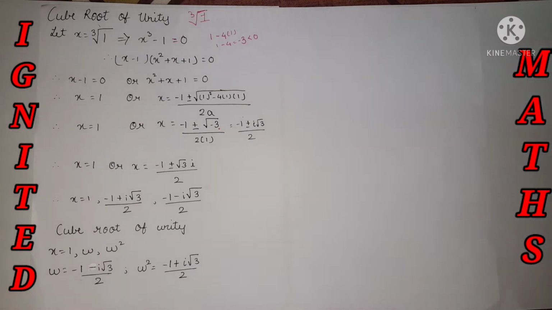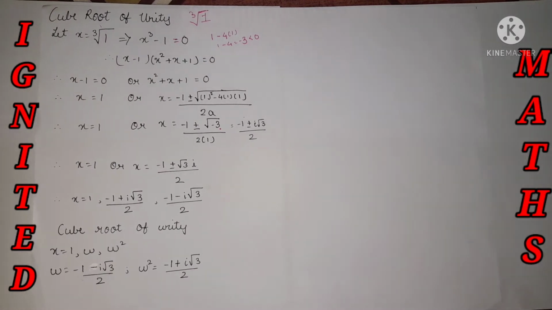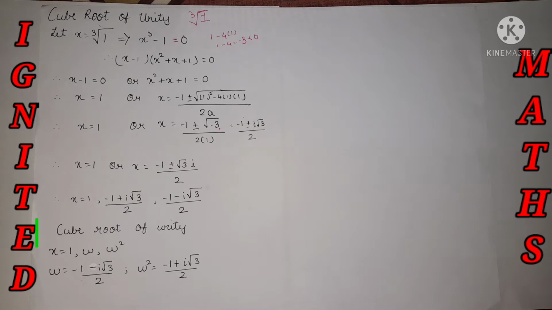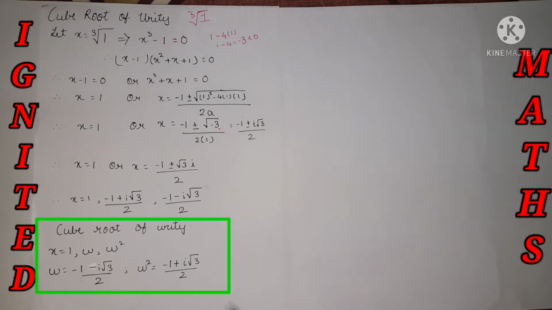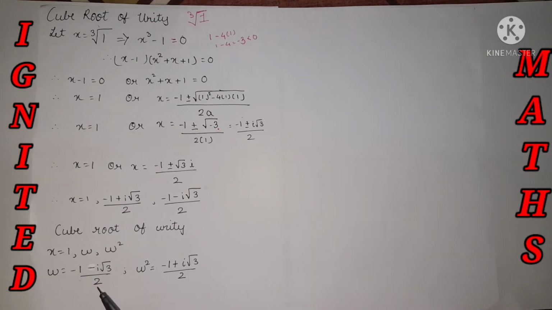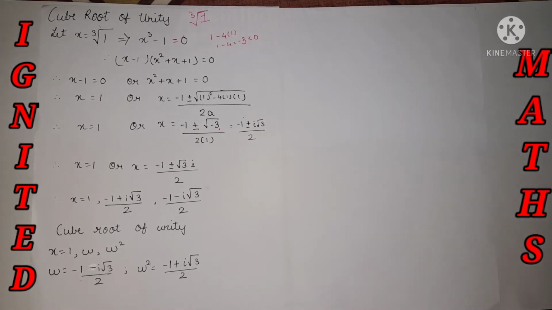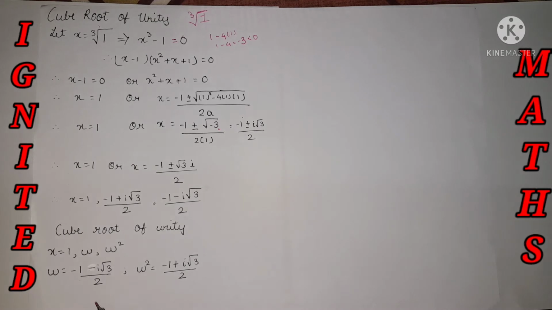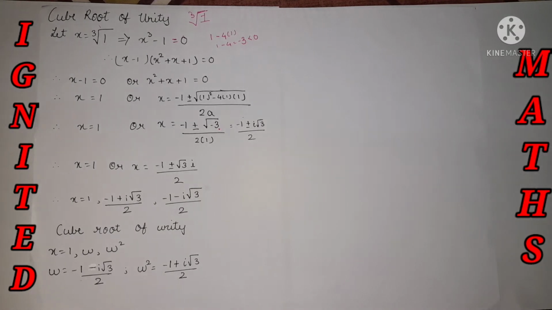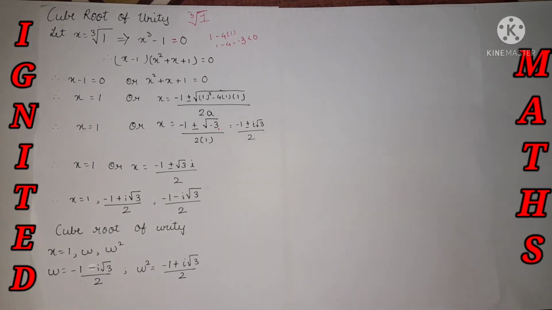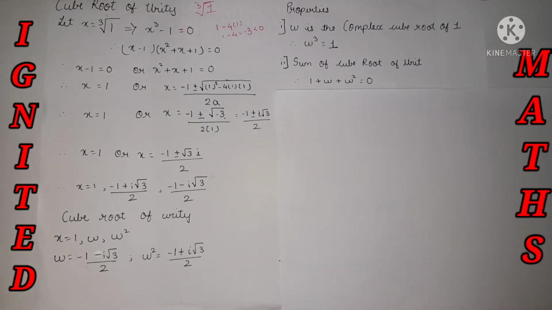So this is the cube root of unity, and it's the most important concept to clear most of the properties, to construct most of the properties. It's one of the most important key points. If we square it, we will get the same answer. You just write it; if not, I'll write and show it. One of the questions itself asks to solve it, so in the examples I'll definitely solve this question. Let's move to the properties.